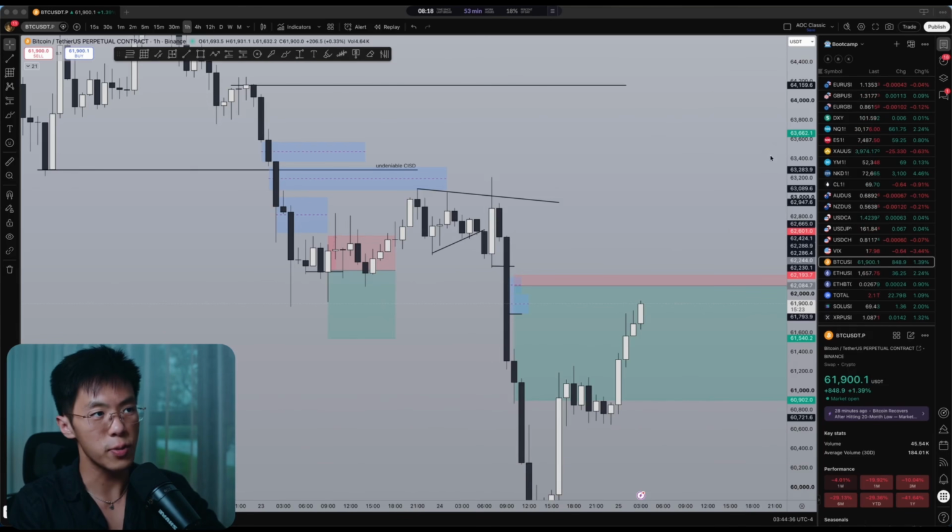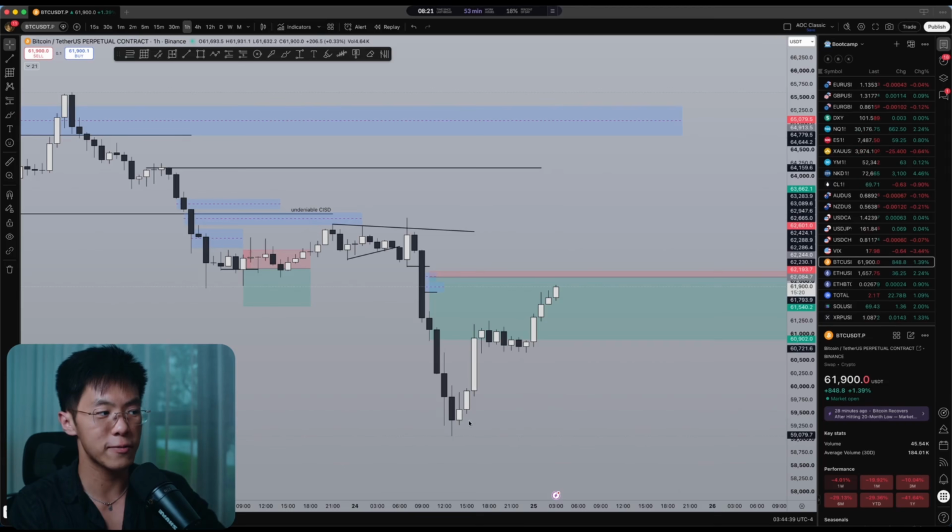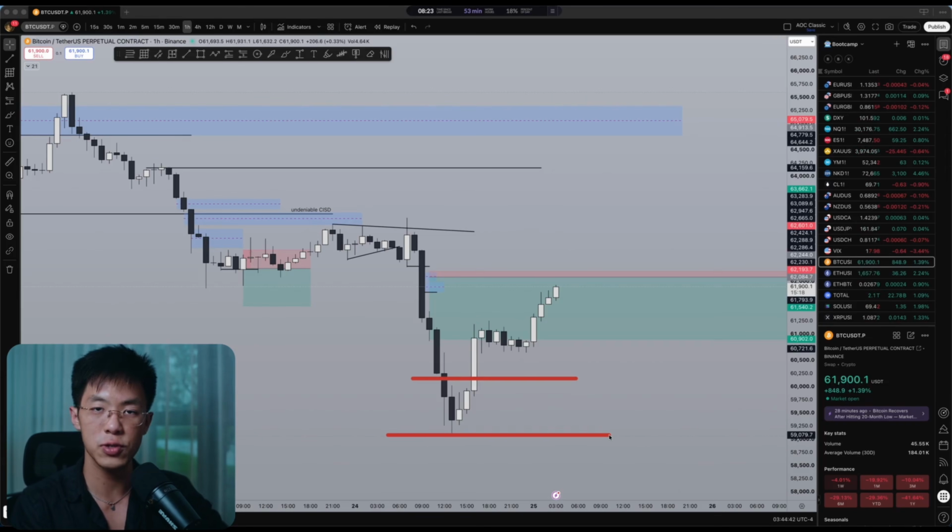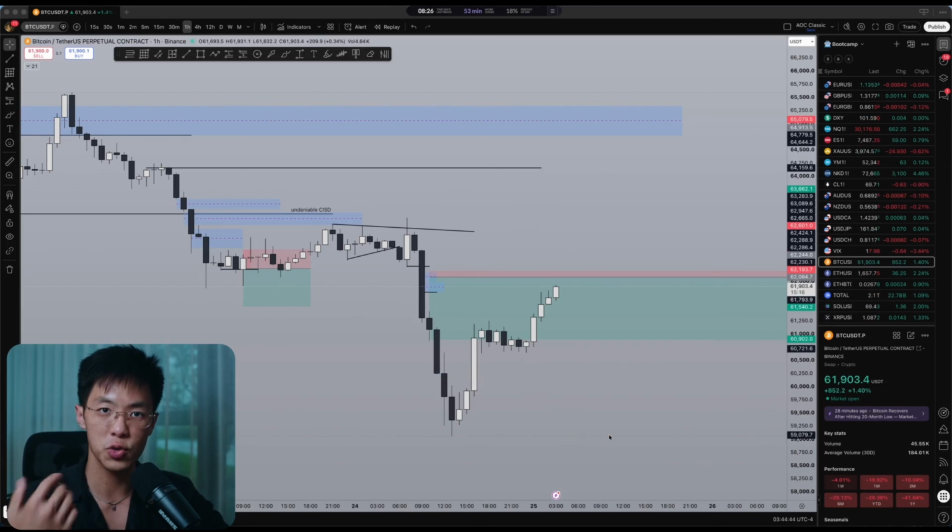Why? Because there are so many times where you could have some sort of arbitrary target, or you could just place your target at some sort of swing low or swing high, and you can come to the conclusion that, yeah, I think the move is done. That's the bottom, or whatever you think it is, it doesn't really matter. It also doesn't matter what I think the bottom is going to be, because at the end of the day, the market's going to do what the market's going to do.